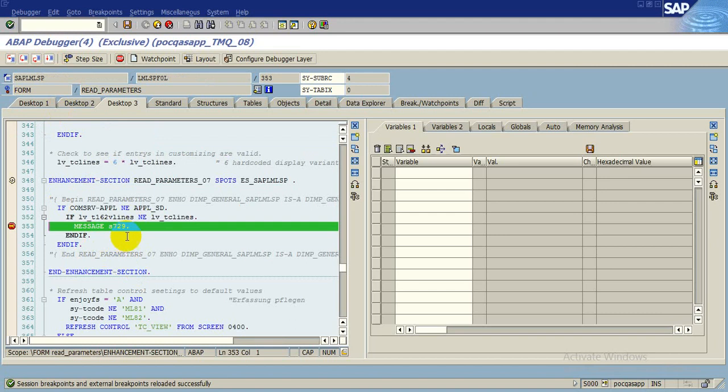Here you find this is the message. What is written here is: if LV_T162V lines is not equal to LV_TC lines, then this message will appear.